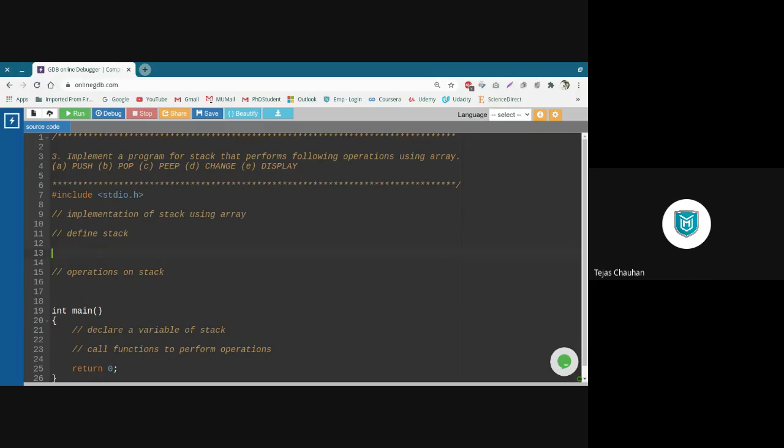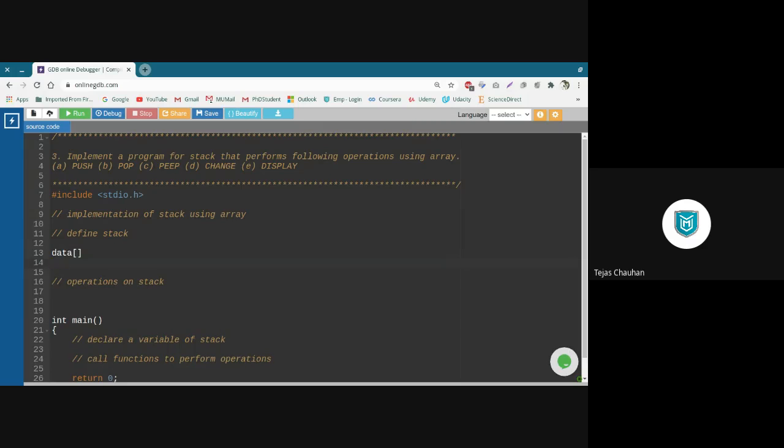Okay, so talking about defining a stack. If I want to have a stack, we need one data array to store the values, and we need a top variable, which is going to maintain the topmost position, right? So we need these two things, and combinedly, these two are going to work as a stack. So I need to combine these two in a single entity somehow. We know that if we want to combine two entities in a single structure, we have a structure in C program.